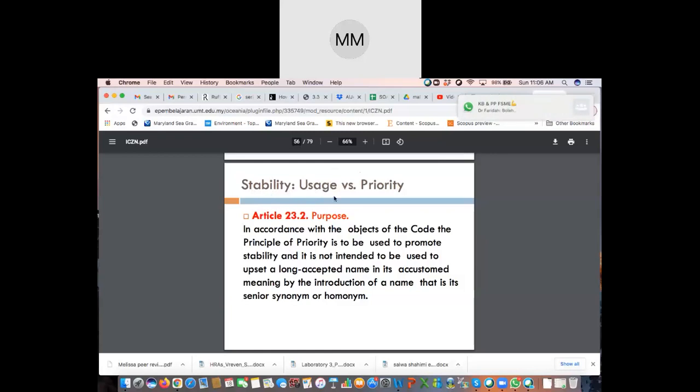Because if something has been used so frequently and it's a global thing, and you just want to change it in regards to priority, can you imagine? Maybe for researchers it's easier to adapt, but sometimes it's so much trickier if you want to deal with, say, a long established name for a crustacean or fish, etc. If you want to deal with fishermen and go like, hey, because of the principle of priority, we have to change it to this name, it's going to make it a bit more complex. So we want some form of stability, and that's where usage comes in.